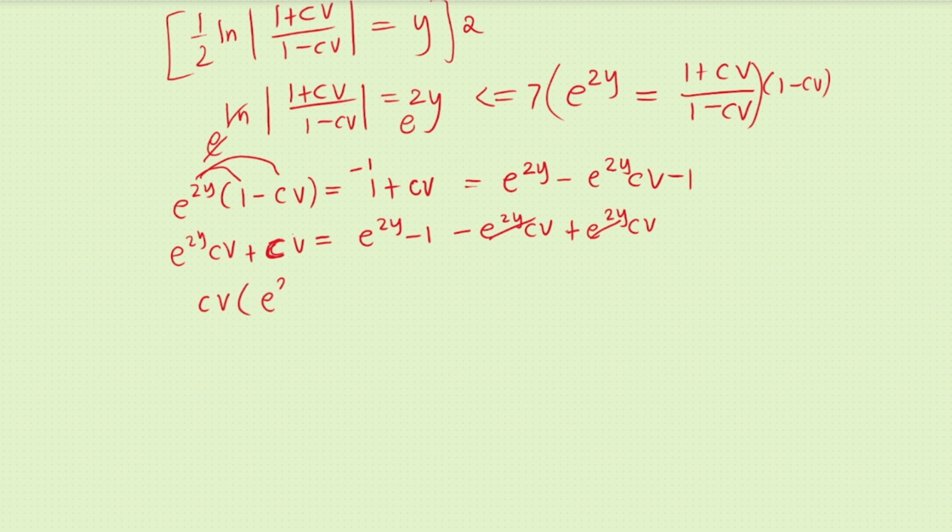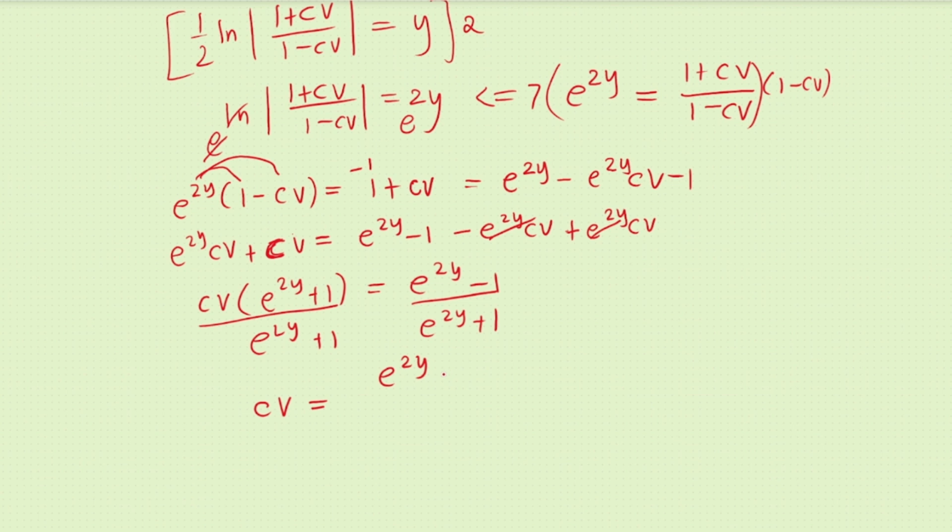That's e to the 2y plus 1 times cv is equal to e to the 2y minus 1. So divide both sides of the equation by e to the 2y plus 1. We now have cv is equal to e to the 2y minus 1 over e to the 2y plus 1. So we multiply both sides of the equation by e to the